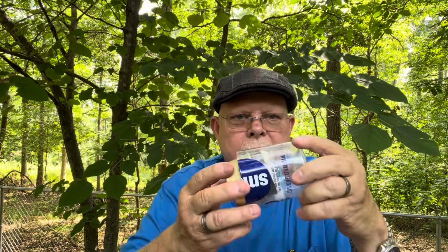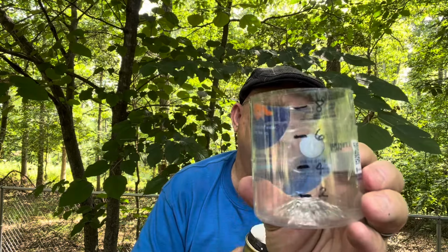And this is my measuring cup that I made out of a Smart water bottle, so I just marked on there. You can see it goes up to a cup. Because when you're rehydrating food, it's important to put the right amount of water in there so